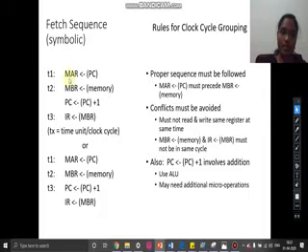So the memory that is specified there, that content is going to be sent to the memory buffer register. And while we are doing this, we are incrementing the program counter, because now the program counter has to hold the next instruction that has to be fetched, the address of the next instruction, and then we are transferring the contents of the memory buffer register to the instruction register. So this is the sequence.